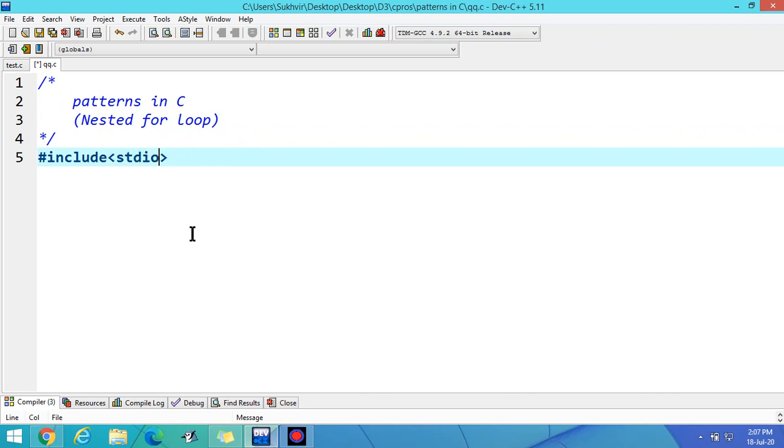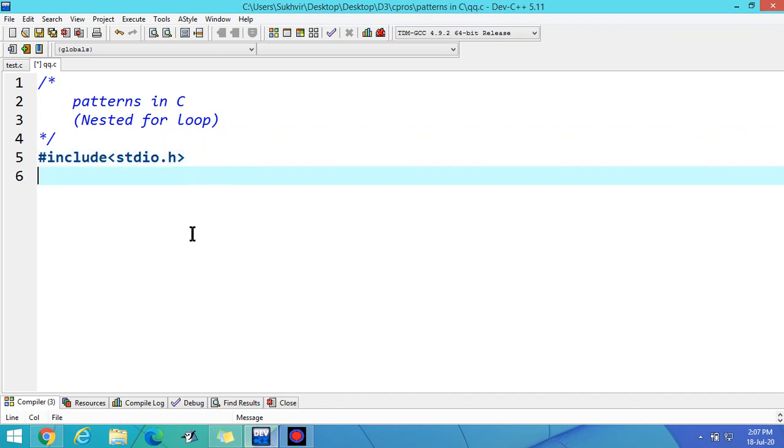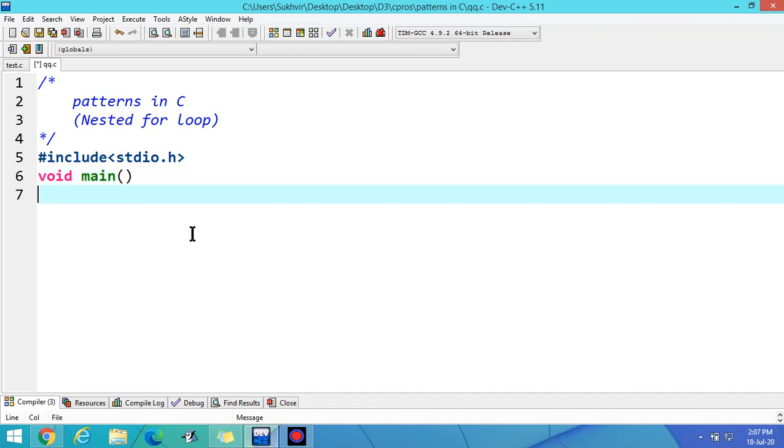First of all, we have to write header files, then the main function.